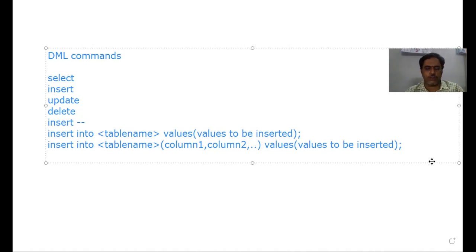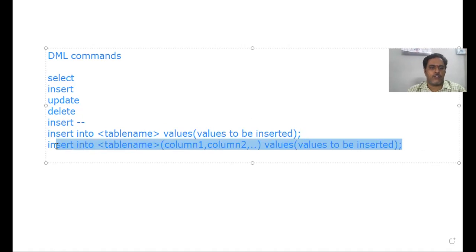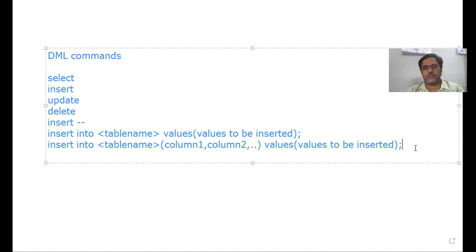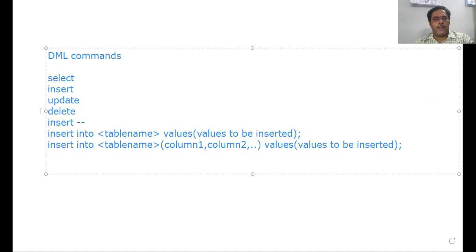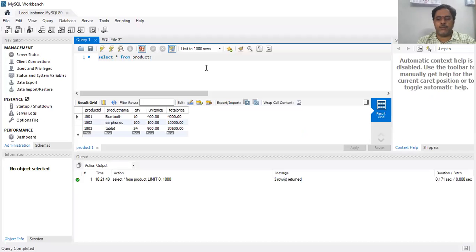So what you have to do here is follow this statement, with which we can enter only a specific number of columns. Let's see how to insert the record. This is the table I have already created, and if you want to create a new table also, you can create. See, create table. How to specify the table name?